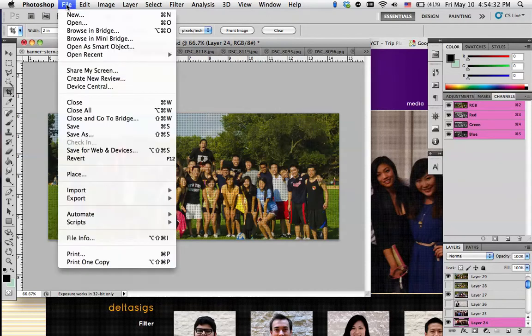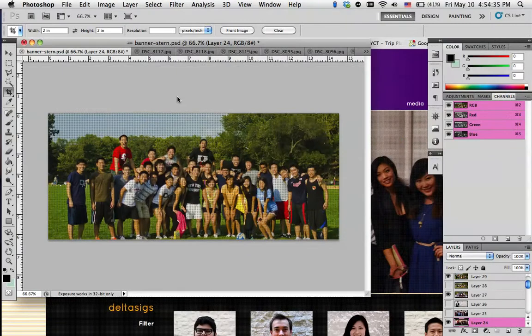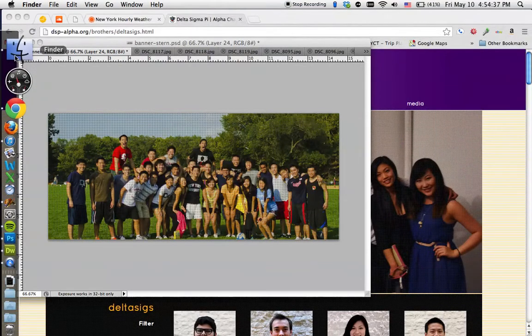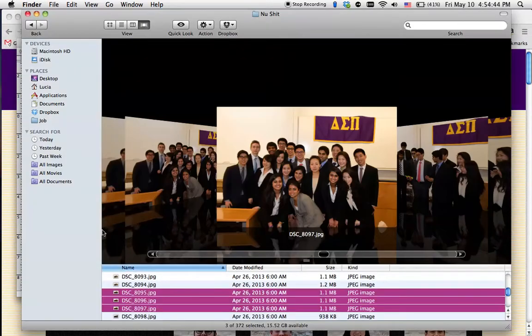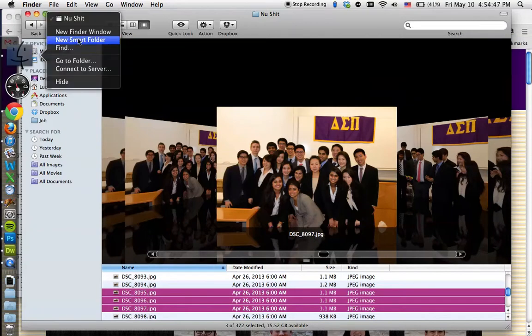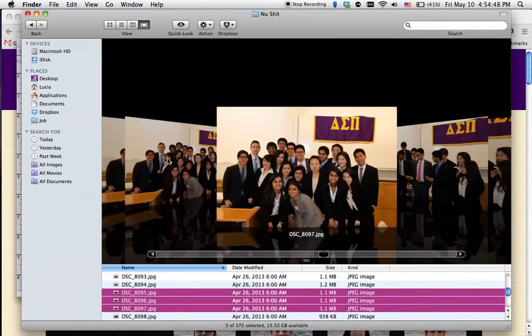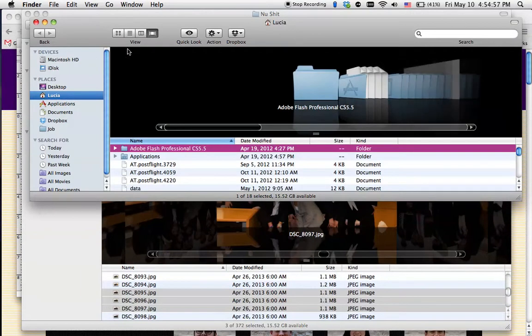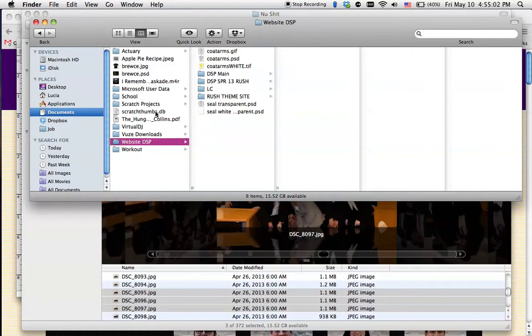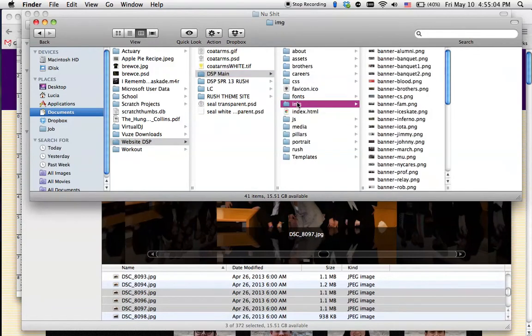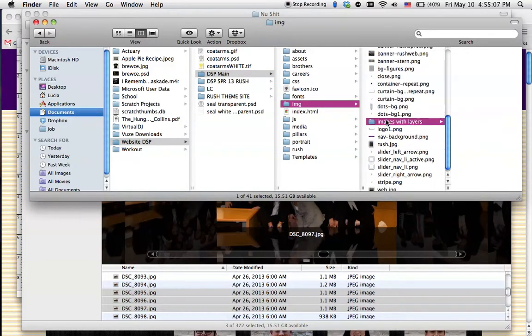bannerstern.psd, and I will show you where it is in my website folder. So let me open that up. Okay, that's not what I want. Computer's being a little slow. Okay, so basically if I go to my website folder, if you go into images and images with layers, that's